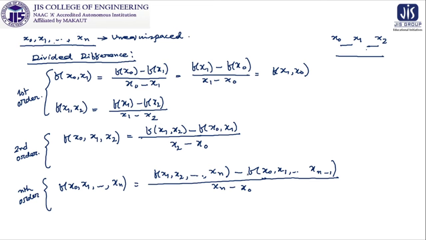Now once a data set is given, and if we can successfully find the divided differences of that particular data set using these notations, in an interpolating polynomial we can find the result also. So let us go to the next part and see how our divided difference interpolation formula works. So the formula for divided difference interpolation for a polynomial is f(x) is equal to f of x0.